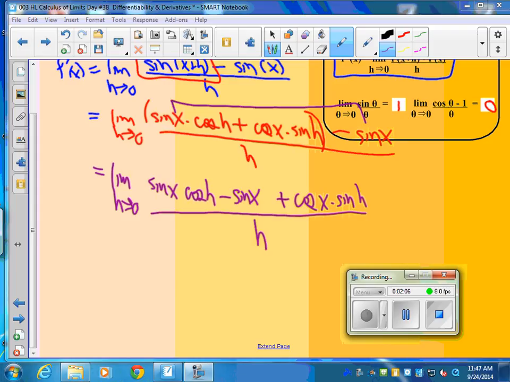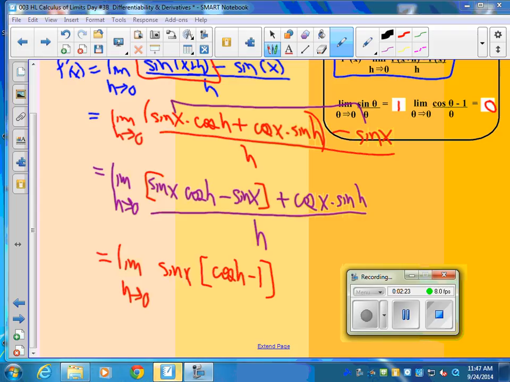The next grouping is going to help you the most in seeing what I'm going to do next. I'm going to take the limit as h goes to 0, and I'm going to take out what out of these two terms? Sine of x. And that's going to give me something kind of familiar looking. And then this will be plus cosine x